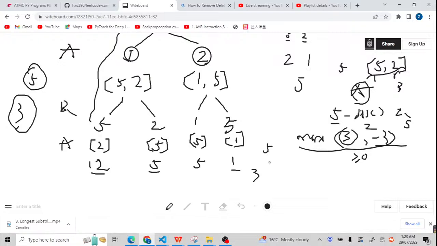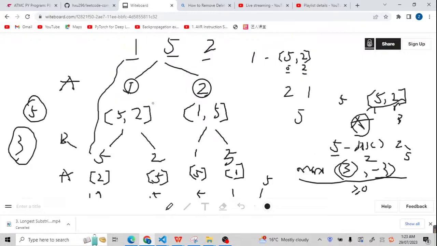It means 3 minus this 5 is minus 2. This means even the maximum, it is still minus 2. It means A will lose and B will win. So in my function, I will directly use the minus: A got a value minus B got a value